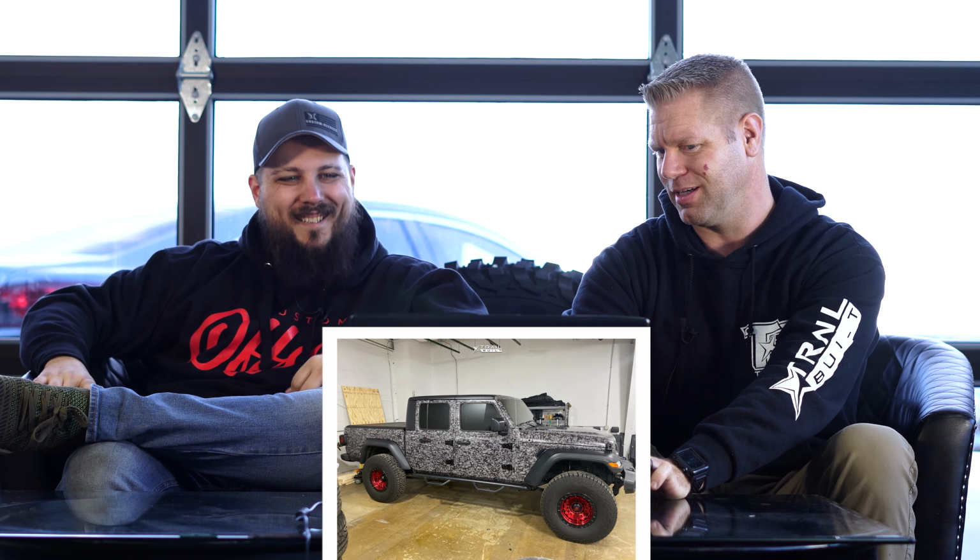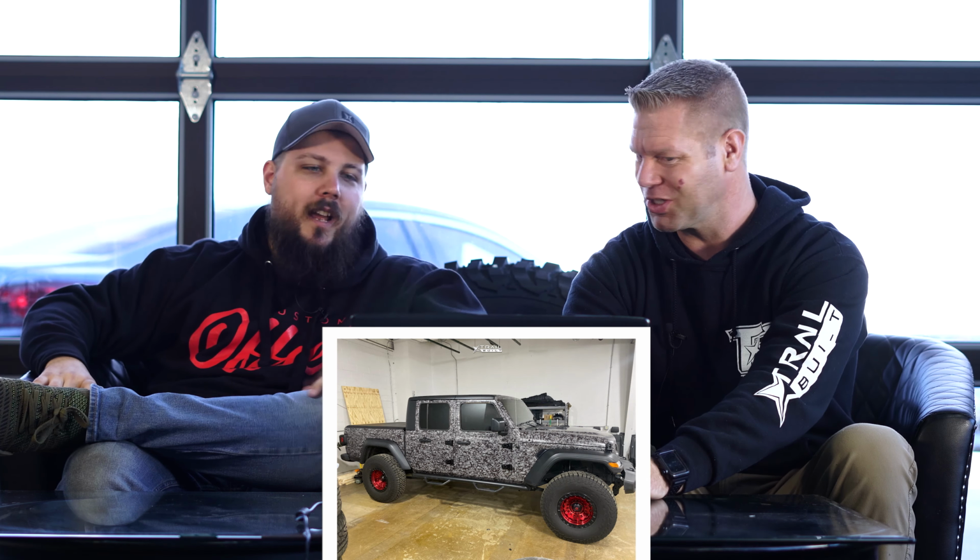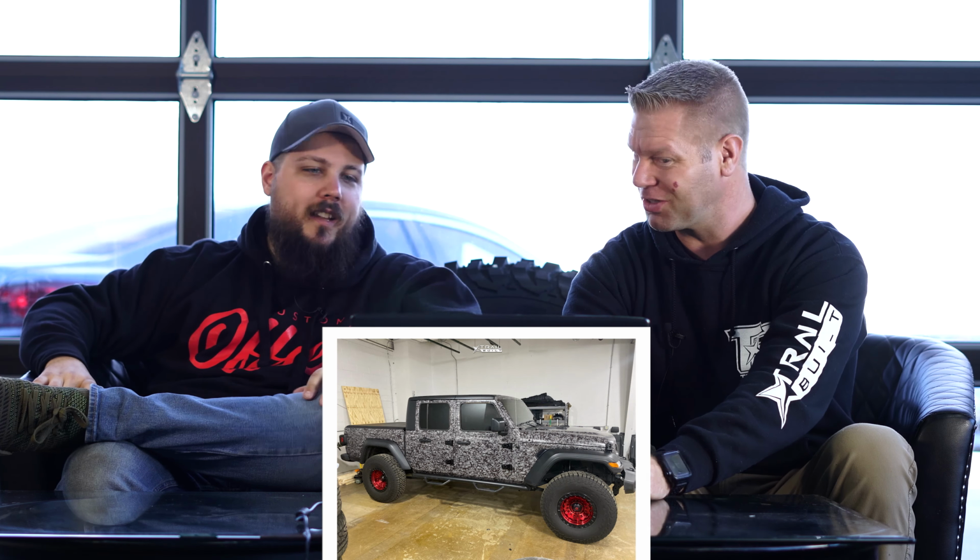Yeah, it's all right. I mean, it's not anything that I would consider over the top. I gave it a 7. It's red wheels. I'm still on the fence about red wheels. To me it's more of a show truck thing over a functional thing. Maybe. I like them, I'm not sure. Yeah, I like what they're trying to do with it. I'm just not completely sold on those red wheels. And the digital camo wrap is...